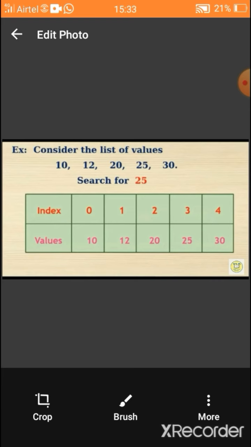An array is used to store multiple values. Do you remember that? We can store multiple values of the same data type in an array. Like that, in a list also we can store multiple values. These are the values. Now we are going to search the element 25. So 25 is our target key now.